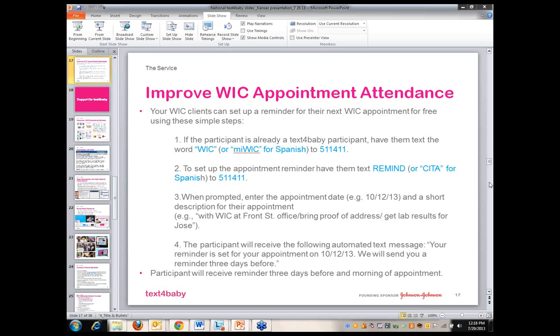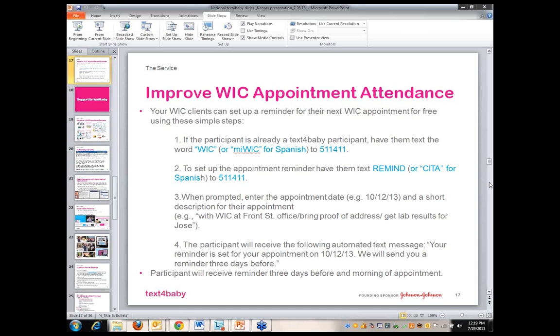And then steps 2 through 4 are how any user can sign up for an appointment reminder, which they would just text remind to 501-411. They would then be prompted to give the appointment date as well as a short description, and then that participant will receive an automated message, as stated here, and they'll receive the reminder 3 days before as well as the